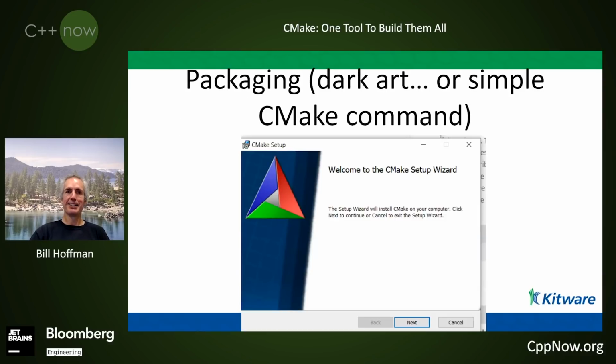Packaging in CMake. I like to think of this as somewhat of a dark art, simplified by one CMake command. I can remember in the early days of CMake, for our Windows release, we had a Windows installer, and there was one guy at Kitware that knew how to run the installer to create the Windows installer. And there was one machine at Kitware that had it set up to create the installer. So if he wasn't in, or something happened to that machine, we weren't going to be able to create a